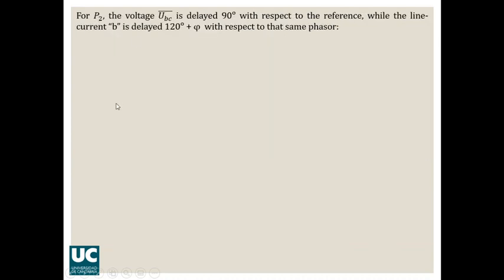For obtaining P2, we will need the real part of the product of the line voltage BC multiplied by the conjugate of the line current C. If you go back to the phasor diagram in the previous slide, you can see that you are going to get the opposite of this angle. And as the cosines have the same value for opposite angles, then you can change to this one.